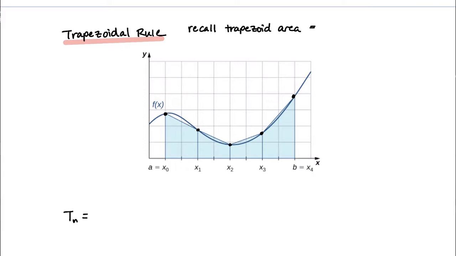So here's the same curve as we saw with the midpoint rule, but we've broken our interval up into 4 subintervals, and instead of doing rectangles, we did trapezoids. So there's 1 trapezoid, 2, 3, 4. Okay, and recall that to find the area of a trapezoid, you average the bases, base 1 plus base 2 over 2. That's the average, and then you times by the height. So this is where this formula is basically going to come from, but we'll simplify it so that it's a little bit more usable. So what the trapezoid rule ends up being when we apply this area formula is we end up getting